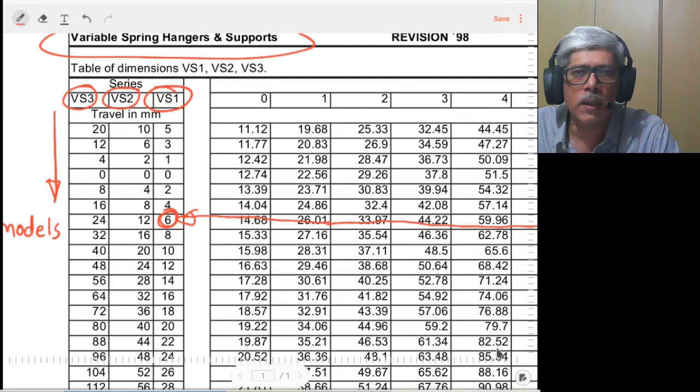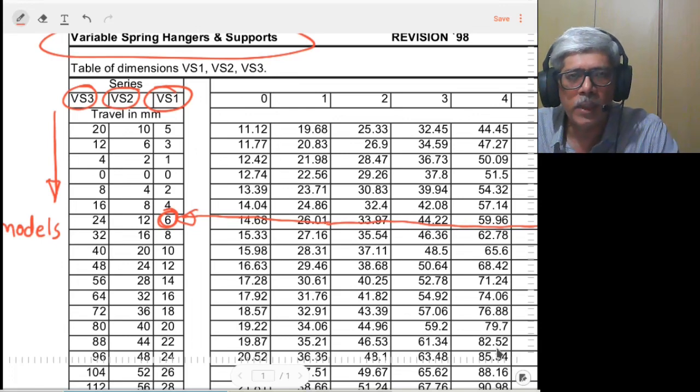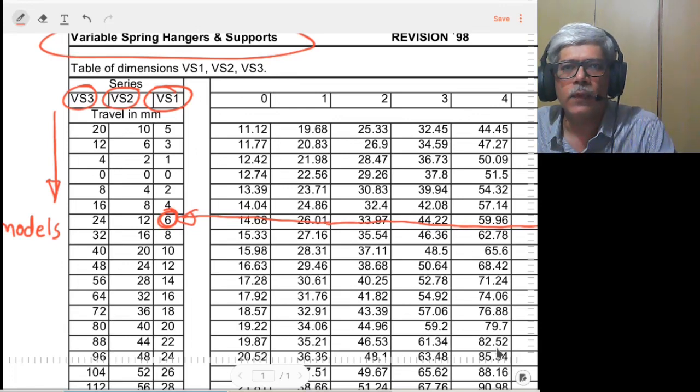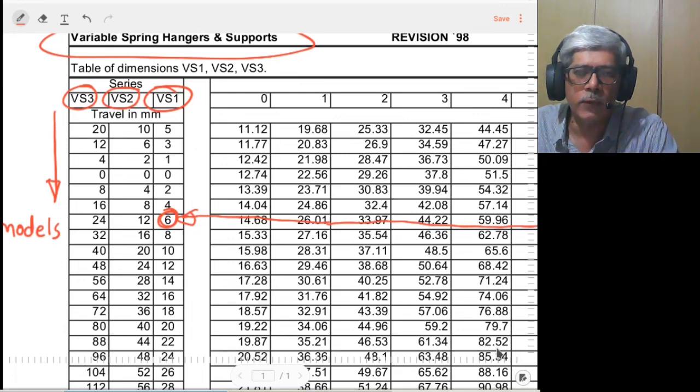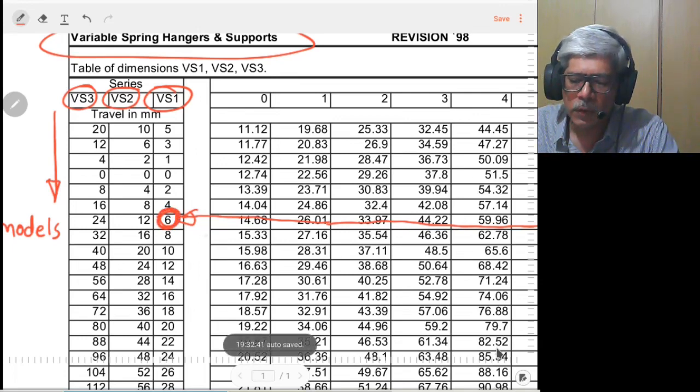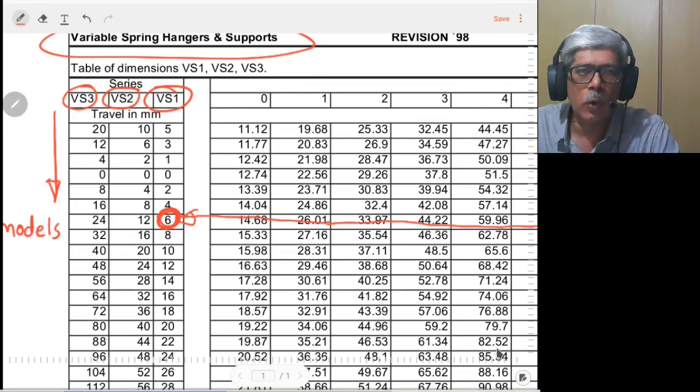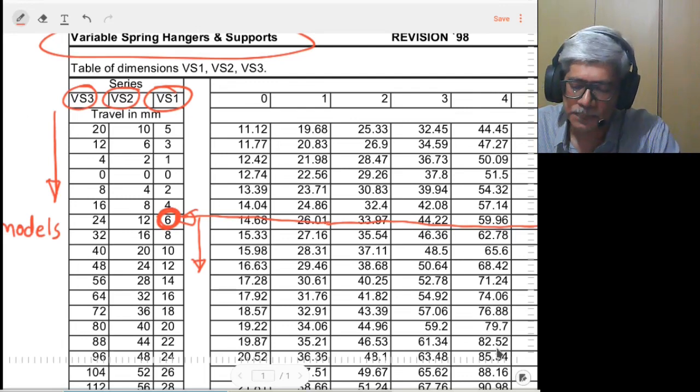Now here the direction of the spring hanger is important. From cold condition to hot condition, the pipe may move either upward or in the downward direction. So we should know which direction it is moving. From this hot condition displacement, you have to move opposite to the pipe movement. If the pipe is moving from cold to hot in the upward direction, in this case we have to move in the downward direction. Or if from cold to hot the pipe is moving in the downward direction, then we have to move in the opposite, that is in the upward direction.